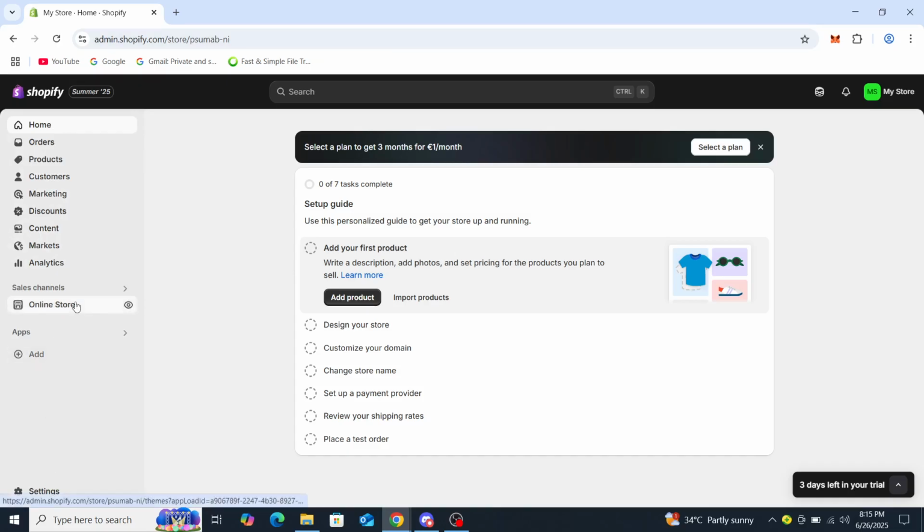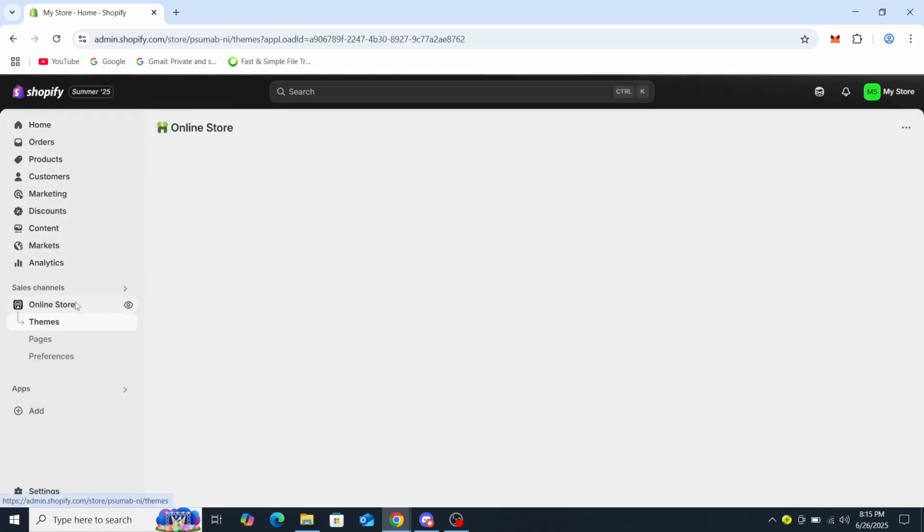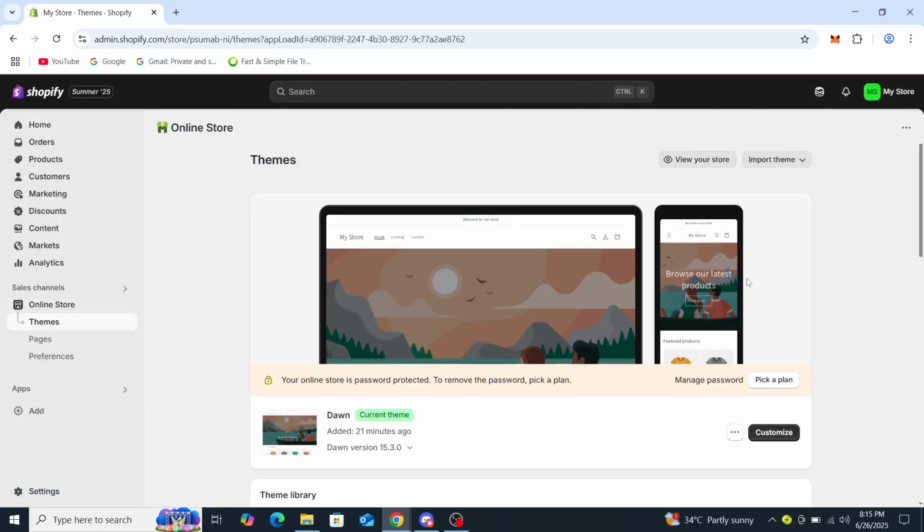So if you go to online store and then go to themes, it will just take a second. You can see something similar to this. So you can see current theme is done. So if you click on customize,